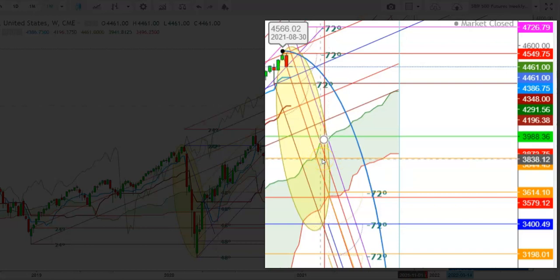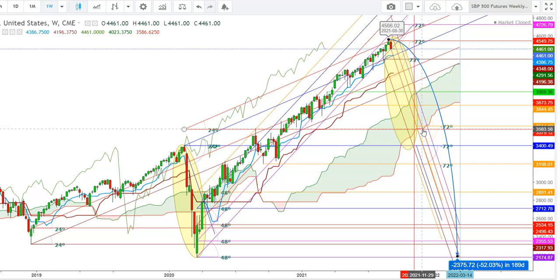we'll see the continuity of this sharp slide where the S&P 500 futures could even take a breakdown below the lower end of Ichimoku cloud, which could be very devastating for the S&P 500 futures. So friends, here I find that if the S&P 500 futures find a breakdown below the lower end of Ichimoku cloud during the month of November 2021, it could continue up to the levels of 2174,